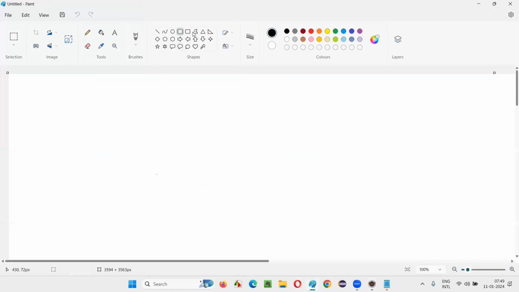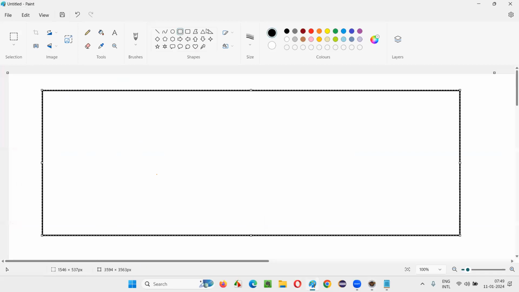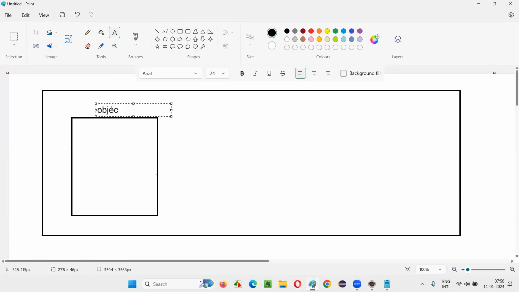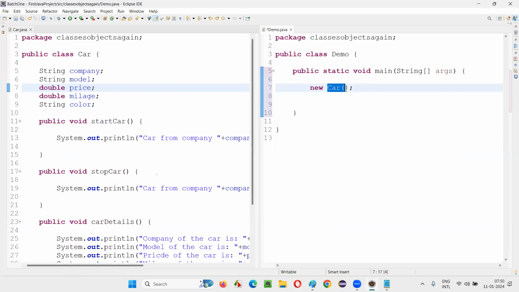In the computer memory, let's say this is a computer memory, some memory will be allocated for object 1. Some object will be created. The moment I say new car, object and object memory will be reserved. Some memory will be reserved for this particular object. So in this object creation statement, are we calling the constructor or not? Is there a constructor calling statement or not? Yes. But do we have a constructor in the car class? Is it visible? No. But there is a constructor in the car class which is hidden, empty. That's why we are not getting any error here. That is what you have to understand.